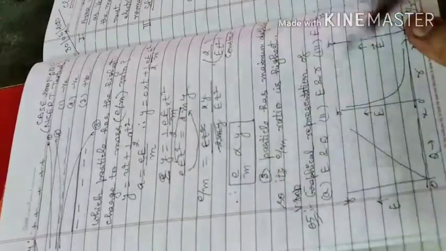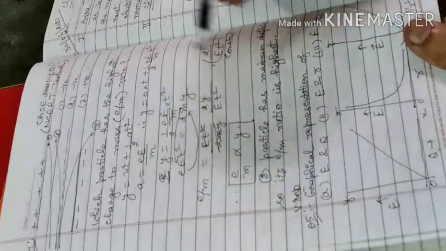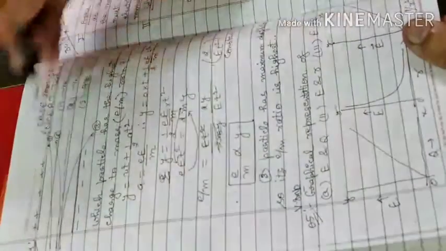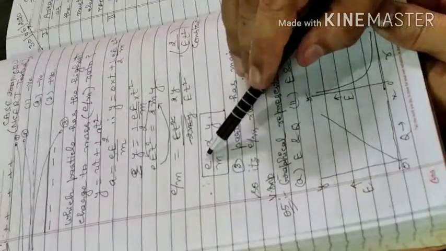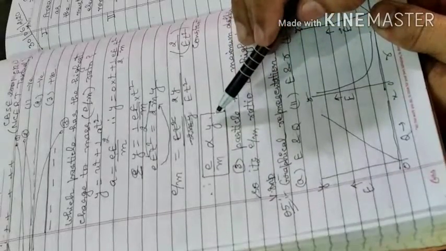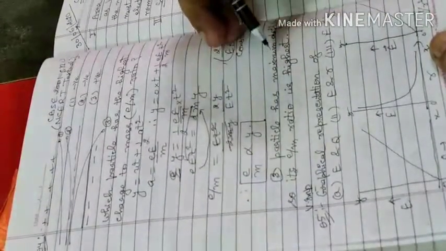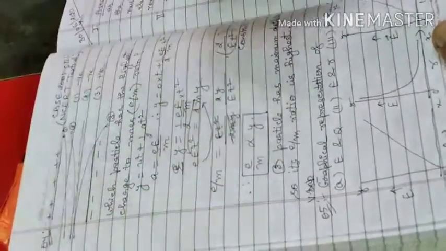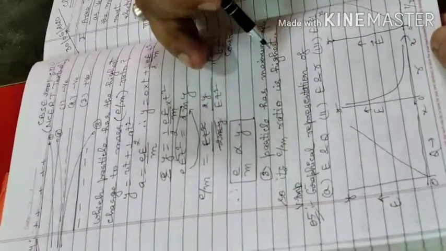Now from ratio and proportion, e by m is equal to 2y upon E t square. So 2 is a constant, the electric field is a constant, and the time taken is also constant. If these are constant terms, we can easily write e upon m is directly proportional to y. Y is the deflection due to this plate. So the third particle has the maximum deflection, so its e by m ratio is also the highest.